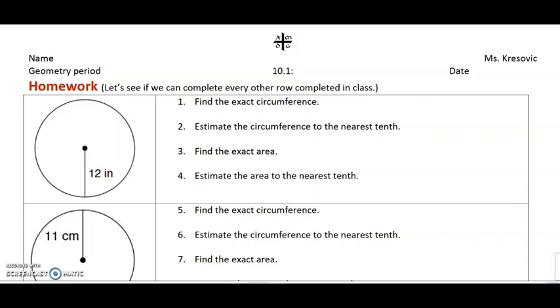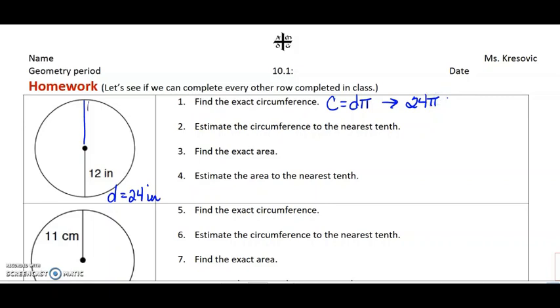Let's look at some examples. In this first example, we're given a circle with a radius of 12 inches. That means the diameter would be equal to 2 radii, or 24 inches. To find the exact circumference, remember that the circumference is the diameter times pi, so the exact circumference here is